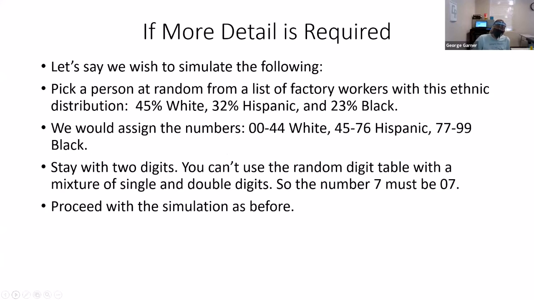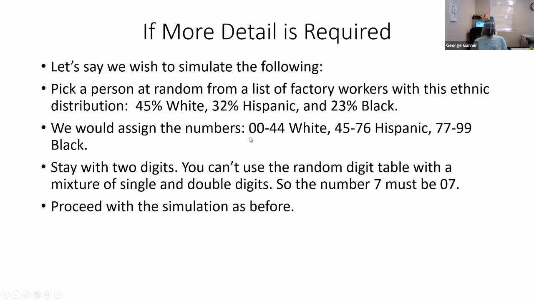All right, if you need more detail, like if you're trying to pick a factory worker and they're 45% white, 32% Hispanic, and 23% Black, you cannot assign single digits to these kinds of percentages. So you've got to go to double digits. So 00, and then 44 more numbers makes 45%, and then 45 to 76, and then you end at